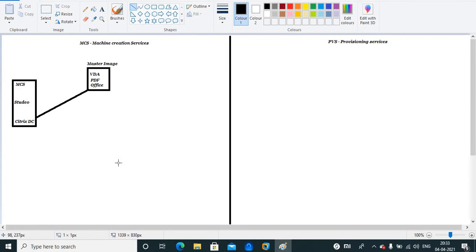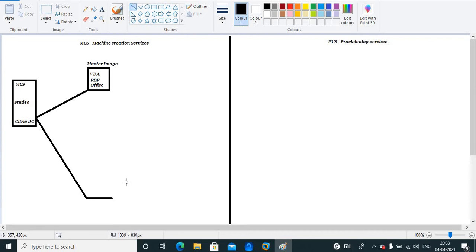Suppose we got a request to create 5 servers in bulk. So what would be the best option: to create 5 servers manually, or using a third-party tool or the Citrix tool, or create these servers automatically?